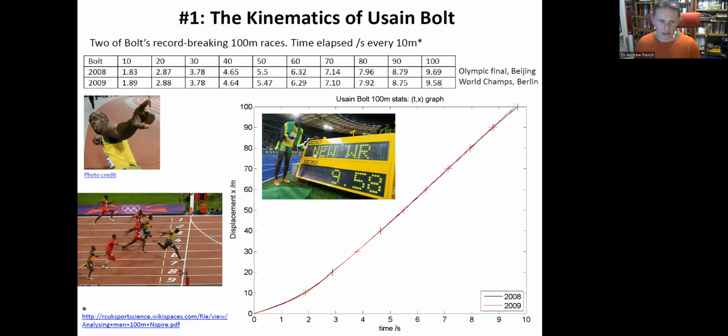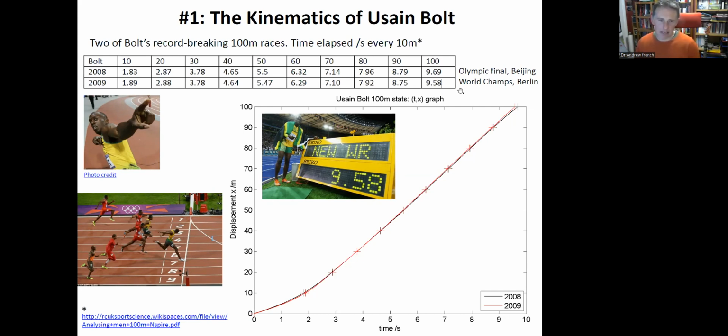So this is Usain Bolt, still the world's fastest human, well, certainly the one that we have data for that's been measured. He broke the world record for 100 meters in 2008 and indeed in 2009. That's what he looks like, or looked like at the time. Maybe he has a beard now. And I think this is the Olympics in London, which he won in a spectacularly fast time. So the world record was 9.69 seconds and then 9.58 seconds in Berlin. That's currently still the world record.